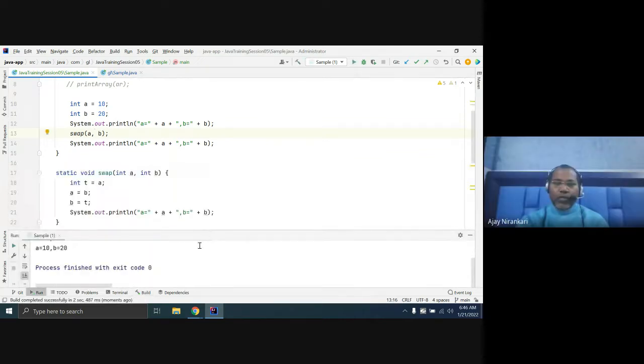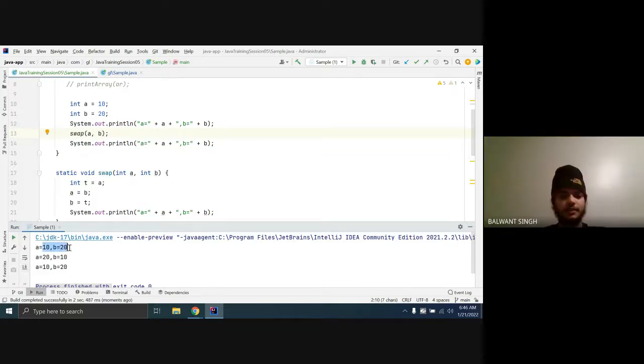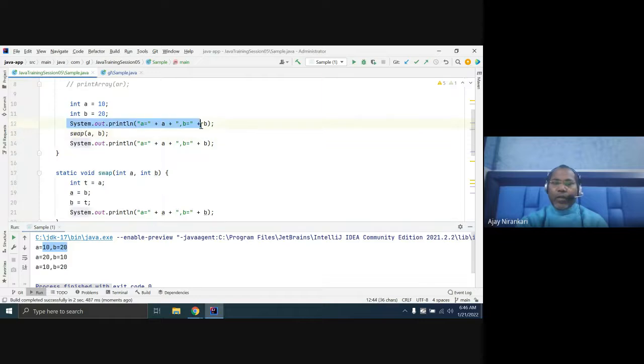So here, what do you notice? Inside the swap function, the numbers are interchanged. First A or B, there is no problem, right? Whenever you call the swap function, they swap the values 20 and 10. But when you come back in the main method, you are again referring to the same previous values 10 and 20.